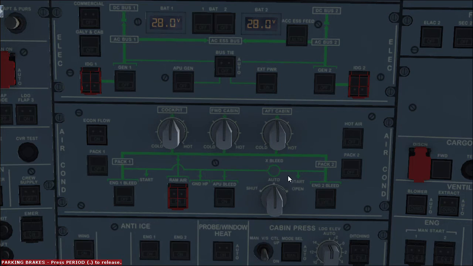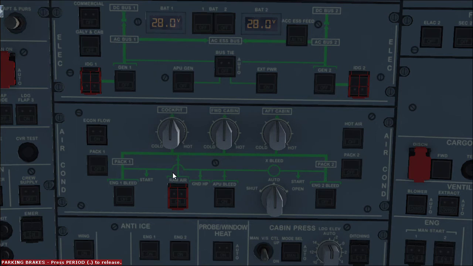we use the cross feed valve to make this flow go to the other pack also. I will discuss it in a moment. If the engines are off and we are on the ground, and the aircraft is parked near an aero bridge, we will get ground high pressure air. If we are not parked near an aero bridge, we use the APU bleed. The APU also gives us some air supply, and this supply goes to the packs.